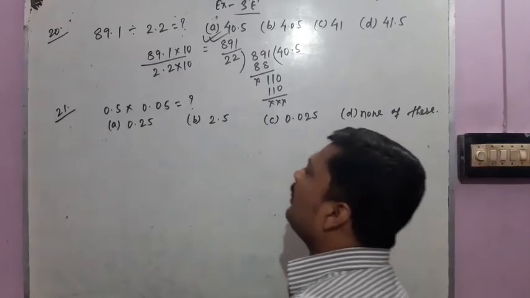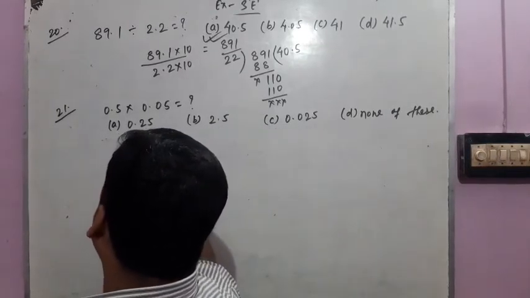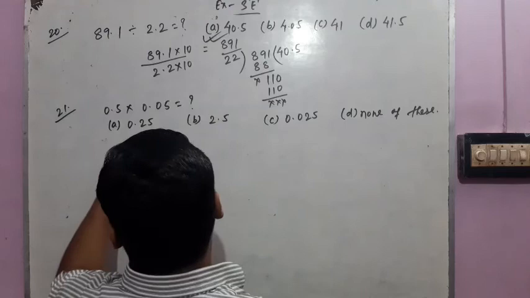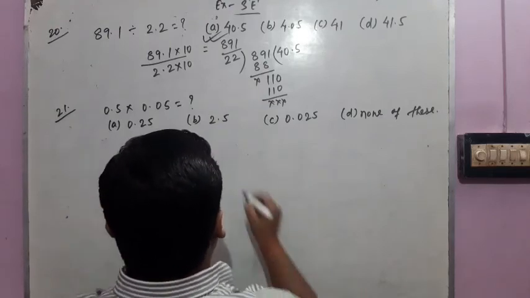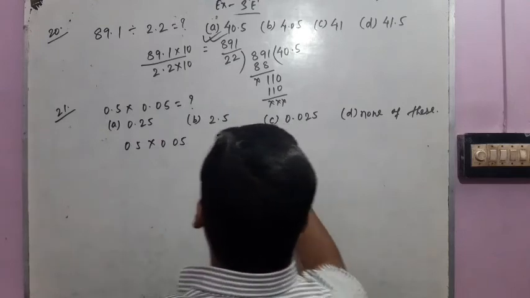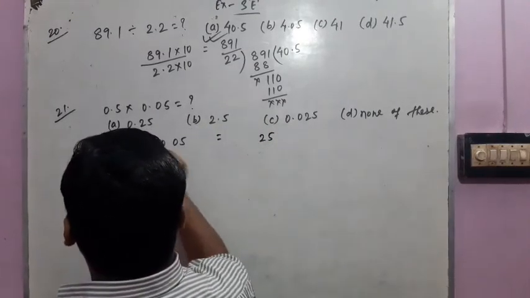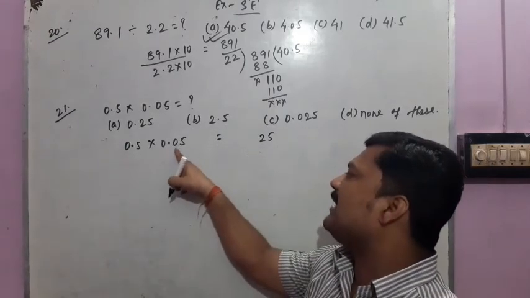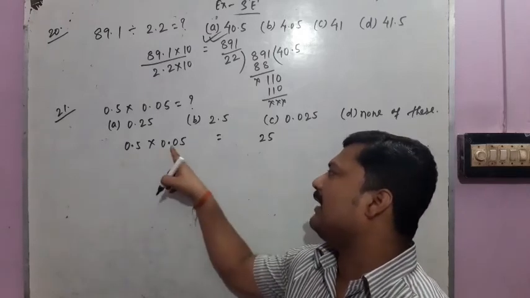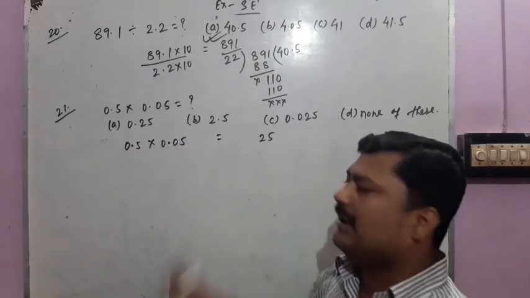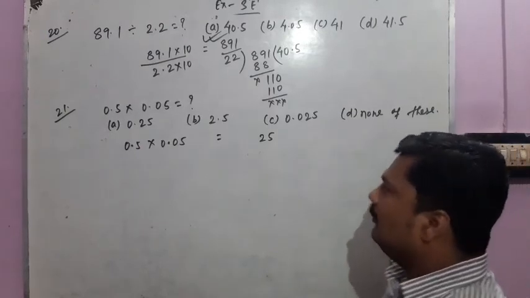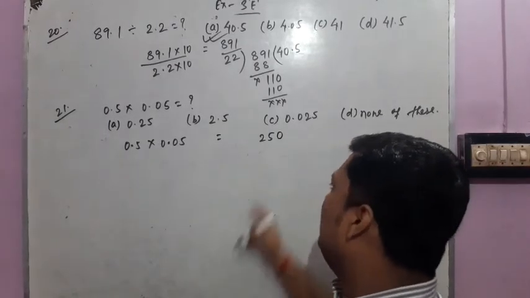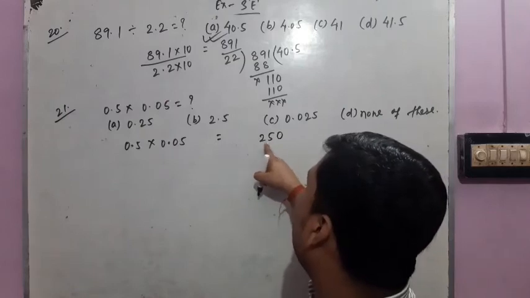Now for shortening it, we have to multiply 0.5 with 0.05. Okay, students. Now first you have to remove the decimal. Just think there is no decimal here and multiply the digits. 5 fives are 25. Now keep the decimal here. After the decimal, how many digits are there here, students? 1 digit. And after the decimal, how many digits are here? 2 digits. So after the decimal here 1 digit and here 2 digits. Total 1 and 2, 3 digits. Now we also have to make 3 digits here. So suppose we are taking 0 here, then the value of this number will increase. It becomes 250 from 25.